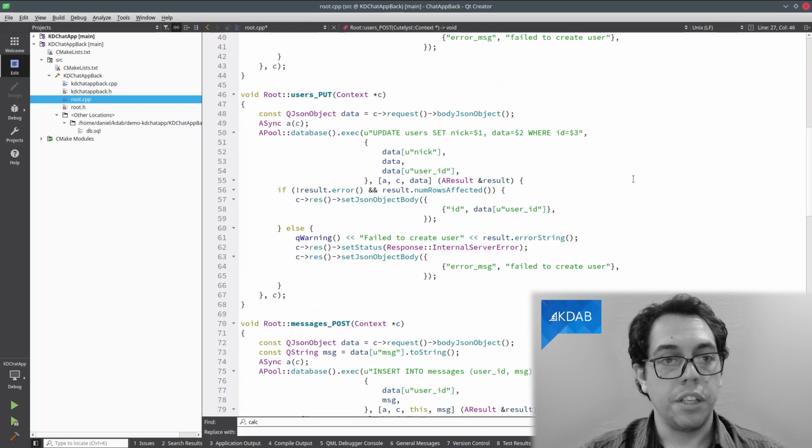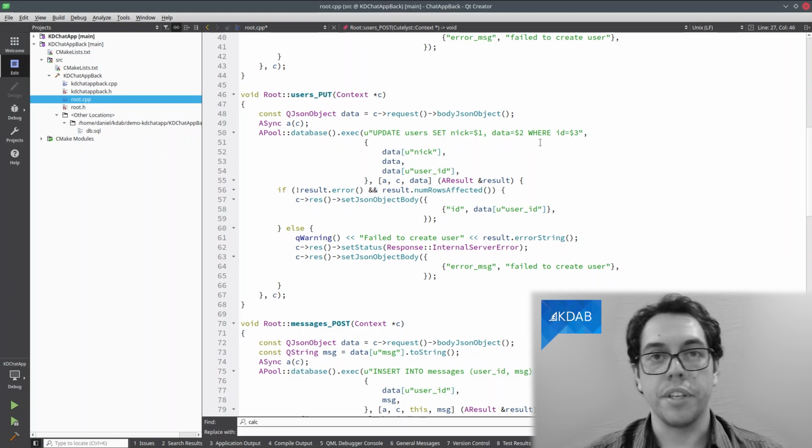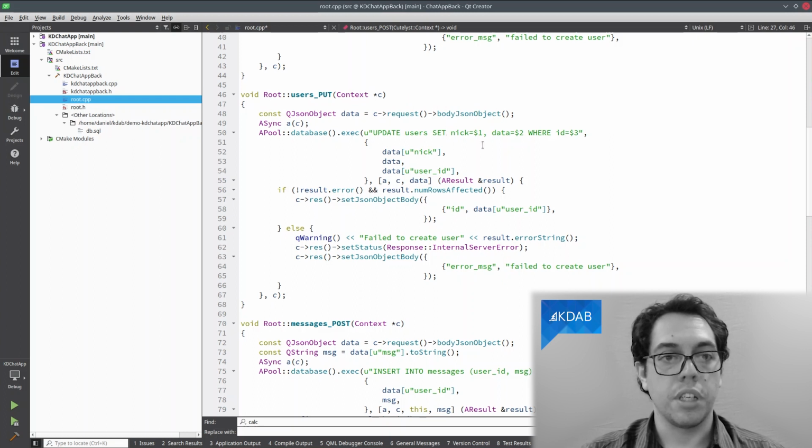Well, the user might change his nick or might want to change some data. So we also have a put method to update the user's information. The put method is very similar to the post method. We just go ahead, get the JSON object, and set a nick and set new data coming from this information.